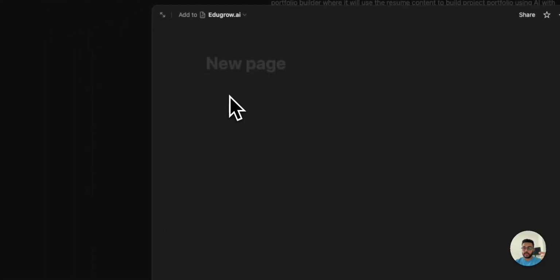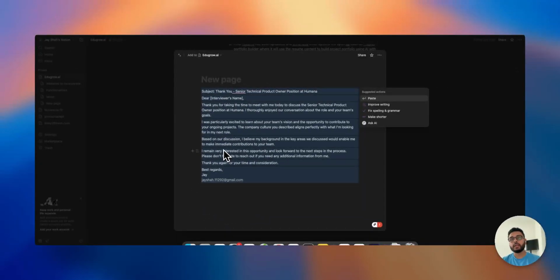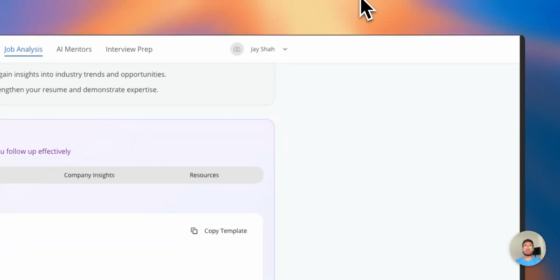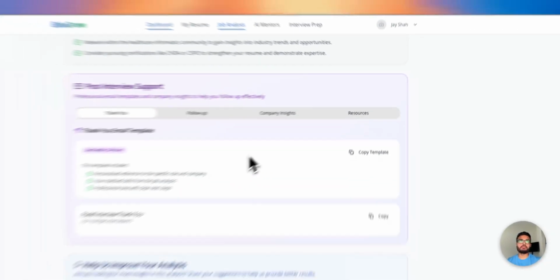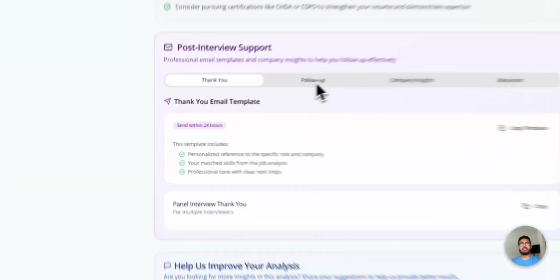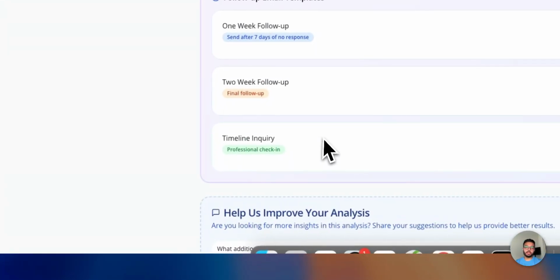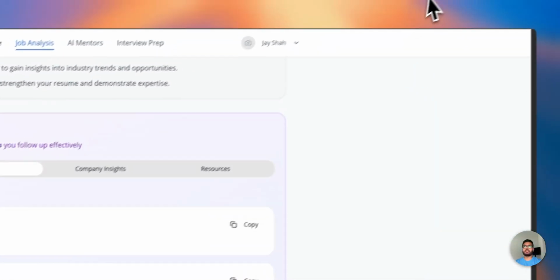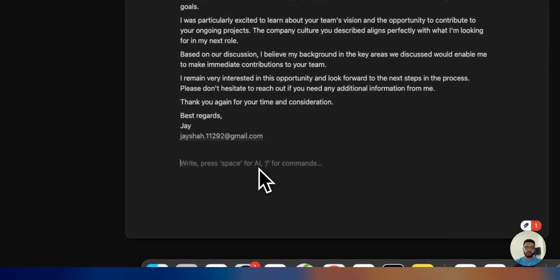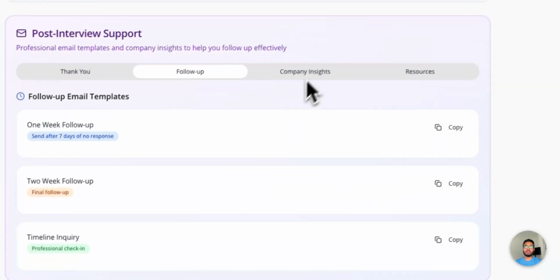Okay, so I did copy that little email template, and then I'm just going to go ahead and paste it. So it gives you a pretty cool thing where you are able to just focus on a pre-screening, I want to say. You can do follow-ups as well: 1 week follow-up, 2 week follow-up, timeline inquiry. You can copy this again. Let's go back to Notion, and then boom, there we go. So it gives you a really good template that you can send, and